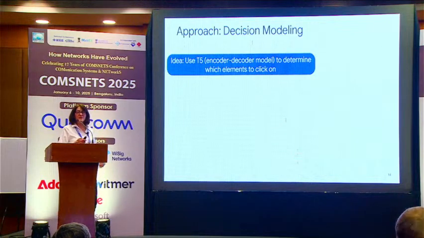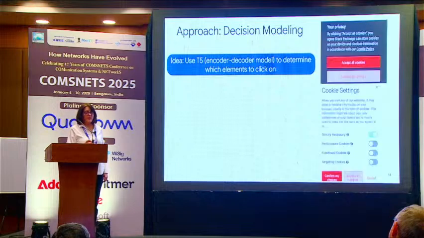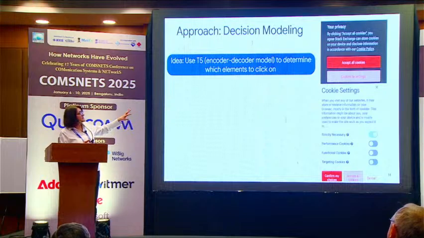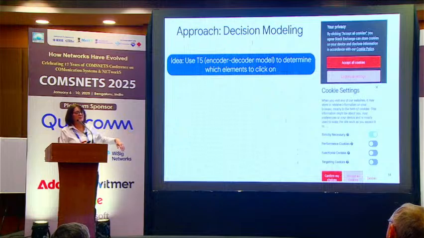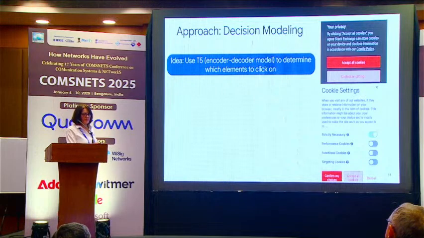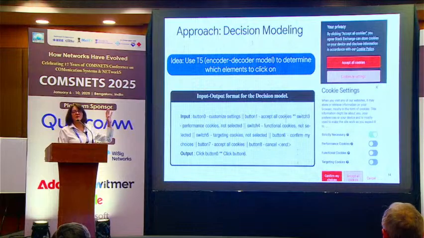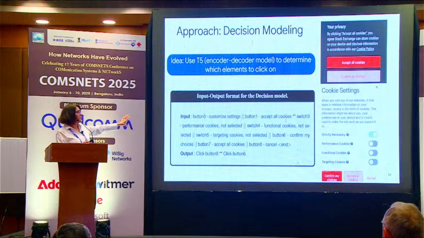So what these folks did was they actually scraped all the UI elements in websites. And so look, if you're looking at the top one, and if you pick customize settings, you get the bottom menu. You see you got 4 more buttons there. And what they did was, I thought, very clever. They basically figured out all of the buttons, what they do, and the path that you click through the buttons. And they created a training data set where the input here